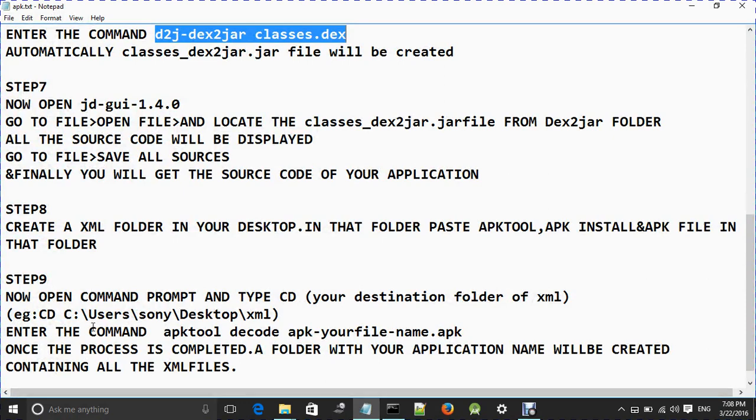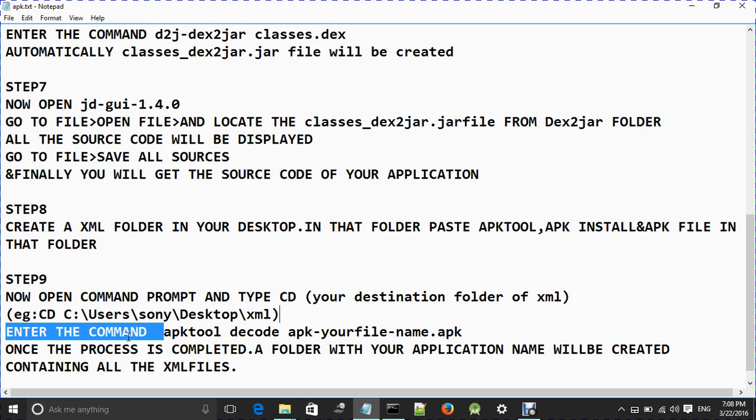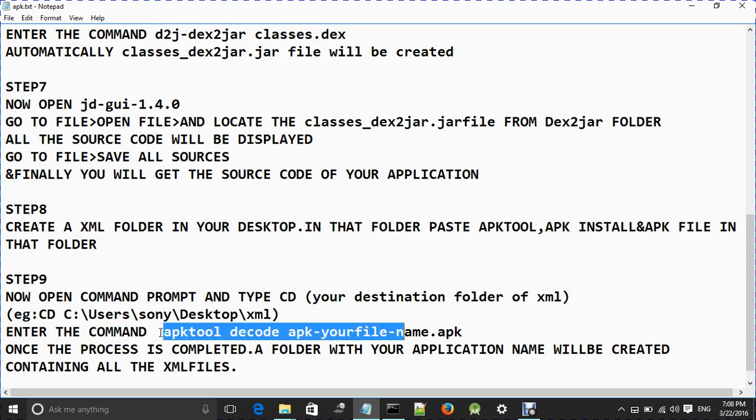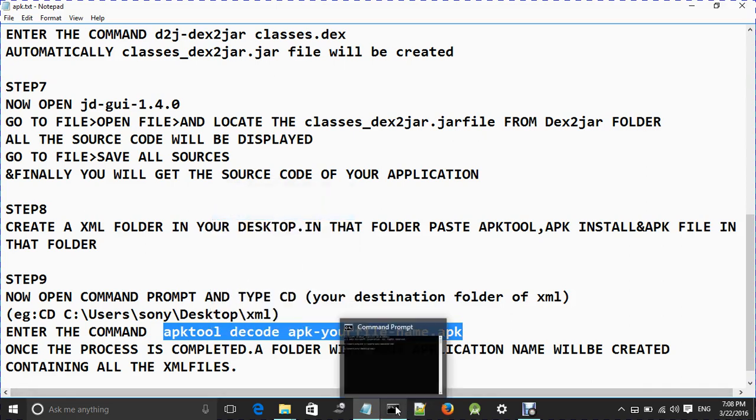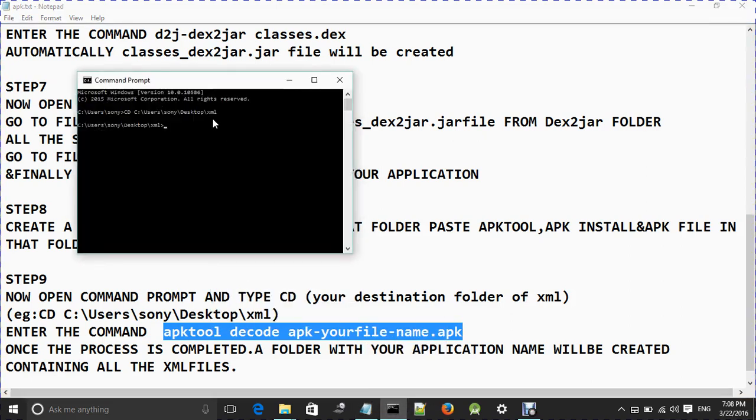After that, enter the command apktool d and your file name .apk. I just copy this command and paste it here.